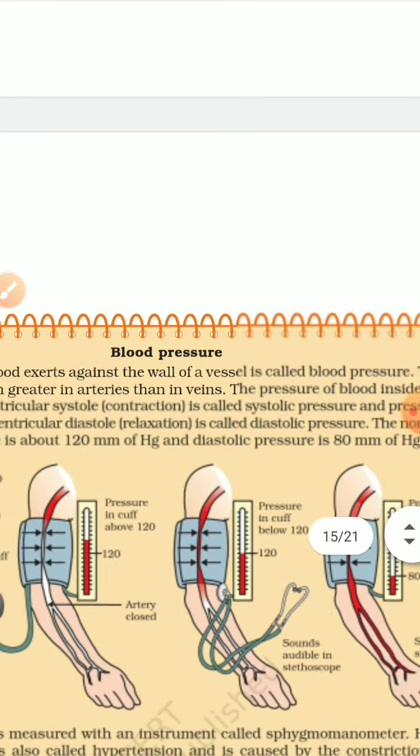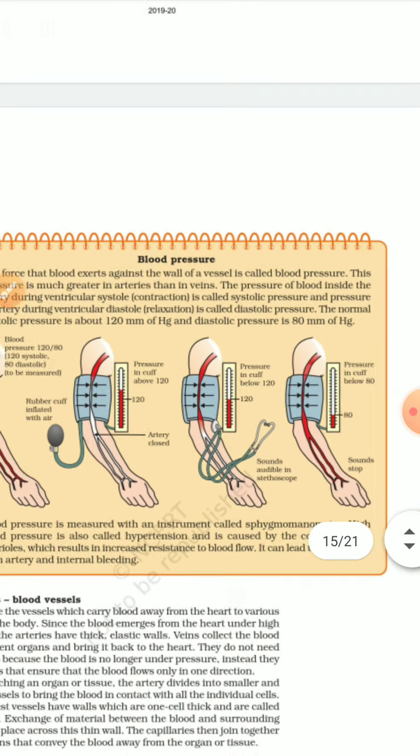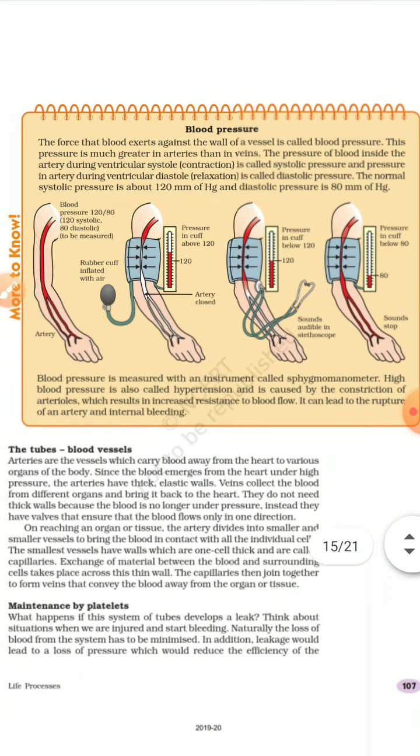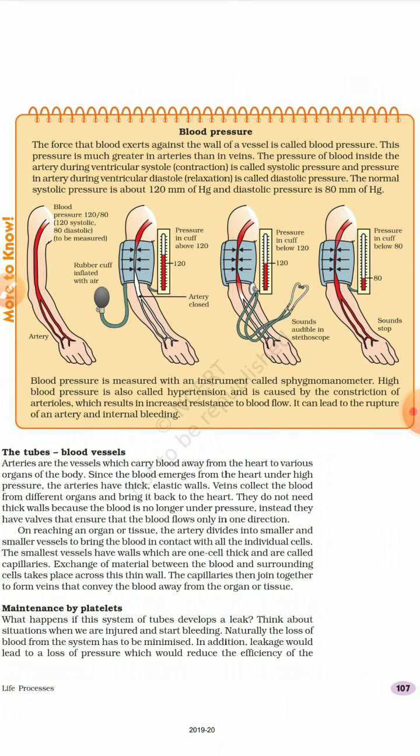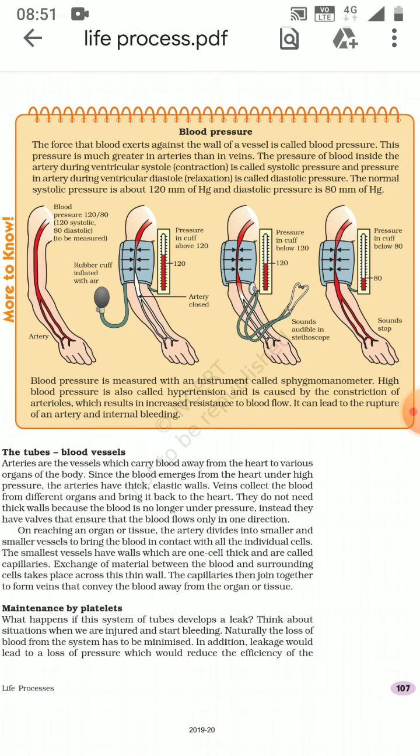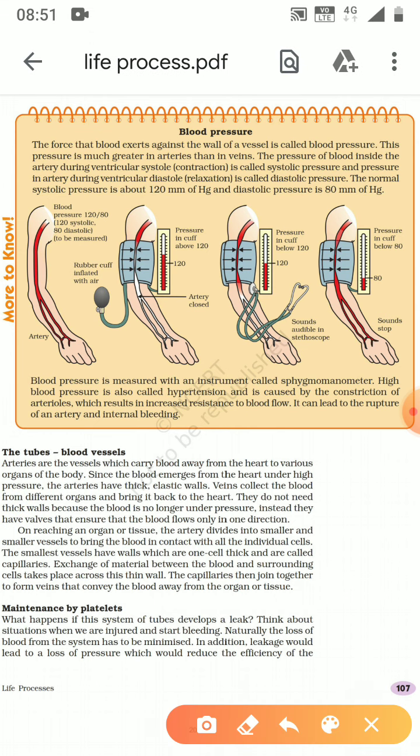Now one point is given, that is blood pressure. Children, if you touch your heart, you can feel two sounds, lub dub, lub dub. One is at higher pressure and the other is low pressure. So blood pressure maintains the circulation, and this pressure is maintained by the heart. See, two values of blood pressure can be seen, one is systolic and the other is diastolic.